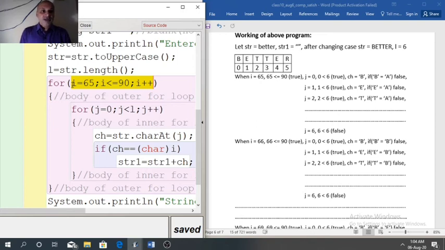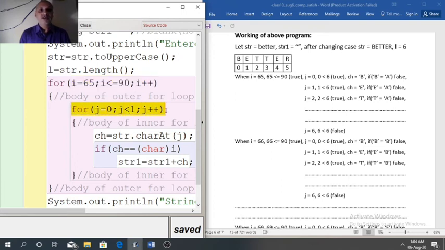So when I is 65, 65 is less than or equal to 90, satisfied. 65 should be understood to you that it is capital A. So first we have to search capital A. Now for 65, the loop is satisfied, so it will go inside the body of the outer loop.